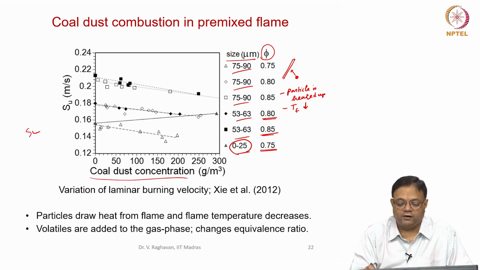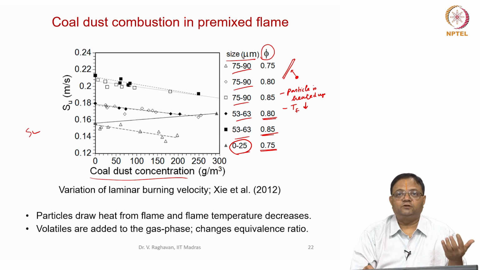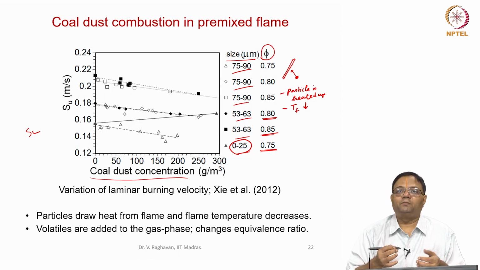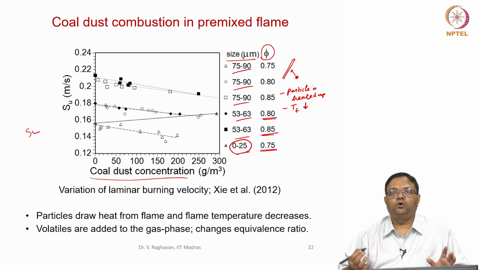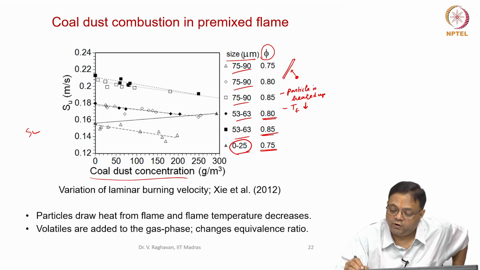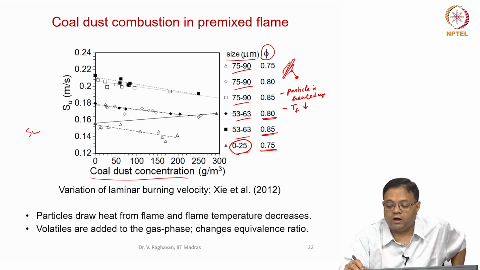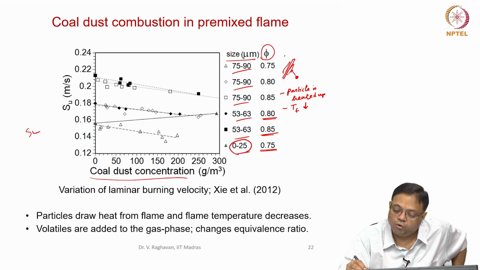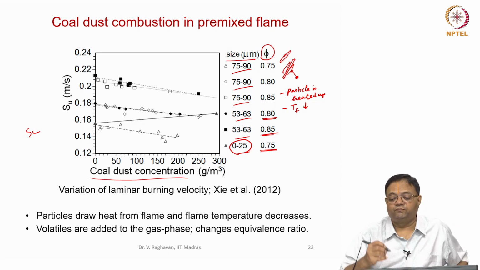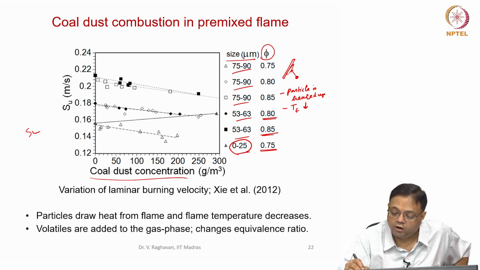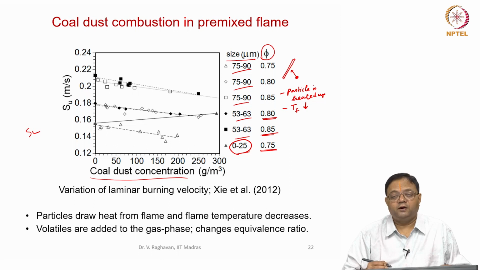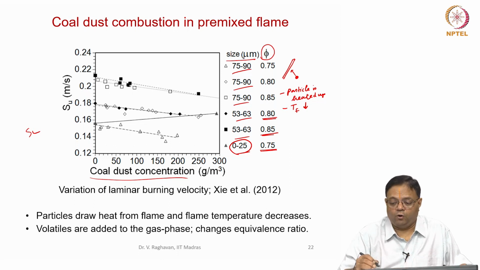All the small particles, because of the higher surface to volume ratio, will heat up much faster. When they heat up much faster, they release the volatiles also much faster within the flame zone. So for small particles, the volatile release may occur within the flame zone, around the flame zone itself. But larger particles may heat up and release the volatiles away from the flame. It is possible. So the rate at which it is heated up will cause the release of volatiles. Okay, now this flame